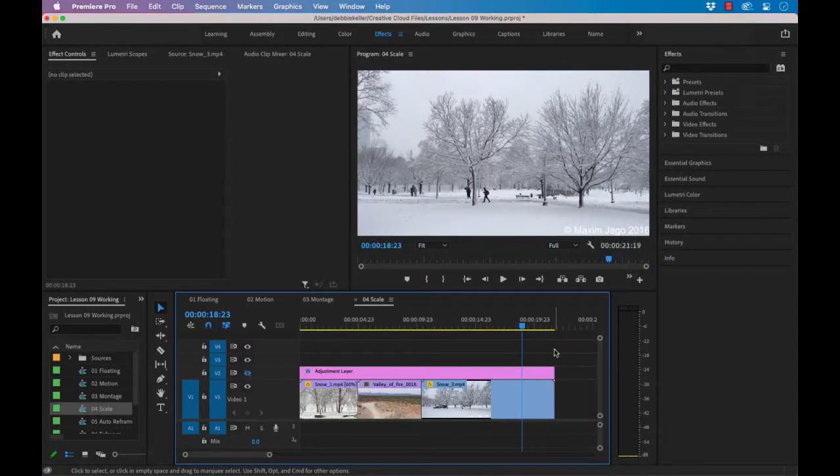Animating clip size changes. In the previous example, the clip image had a different aspect ratio compared to the sequence. Let's try another example and animate the adjustment. Position the timeline playhead over the first frame of the second clip in the 04 scale sequence at